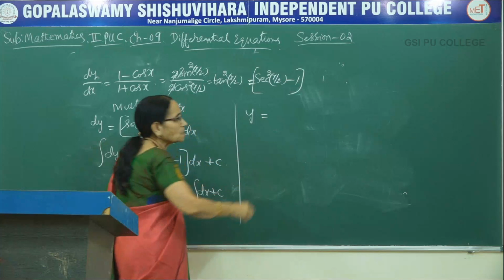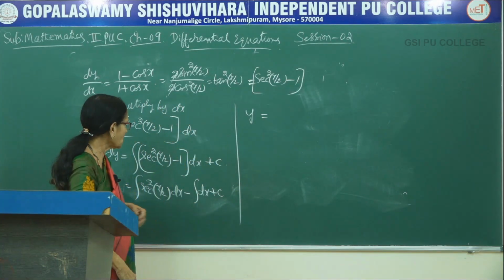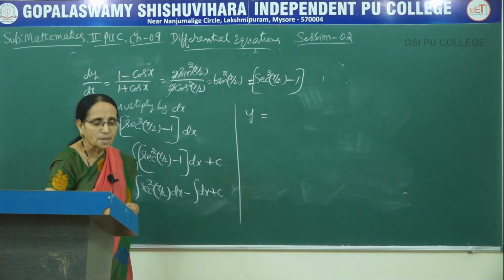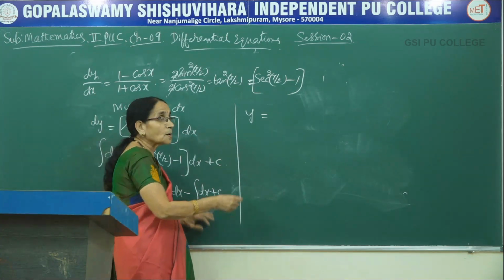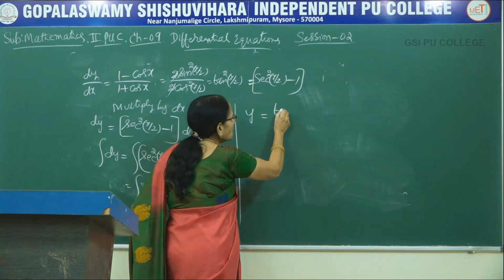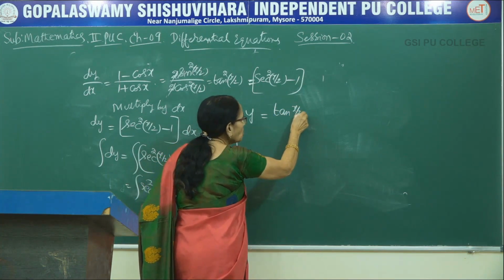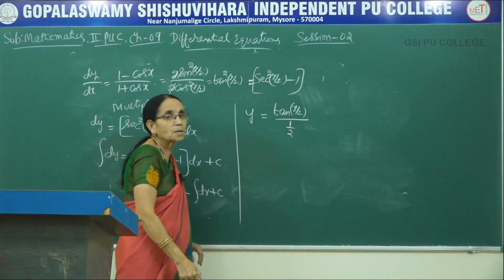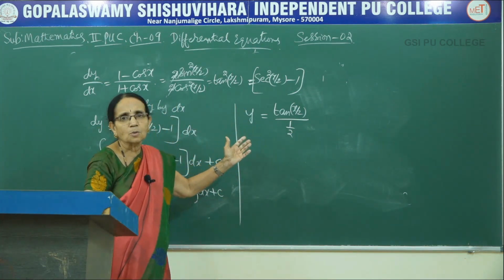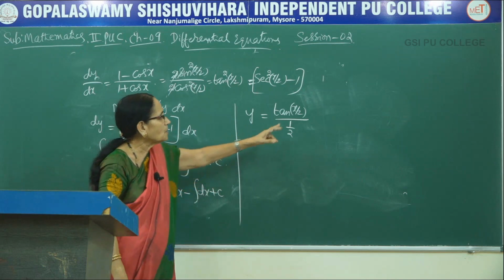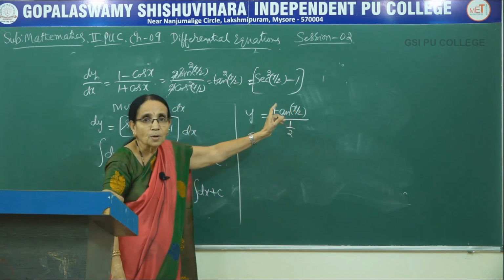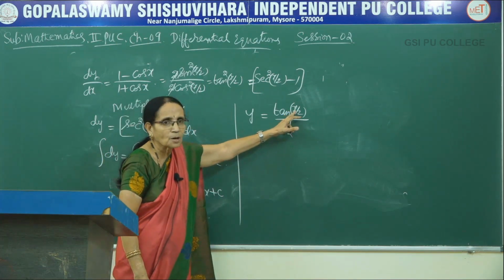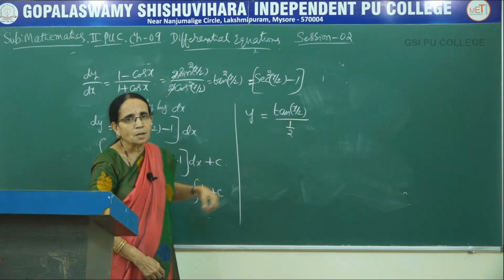Integration means integral dy becomes y and secant square x. What is the integral of secant square x? It is tan x. Secant square x by 2 means tan x by 2 and the coefficient of x is 1 by 2 which goes to the denominator. Actually, I am making use of the substitution method where the term is linear. Without showing the substitution, we can do the integration. The coefficient of x should be taken to the denominator.